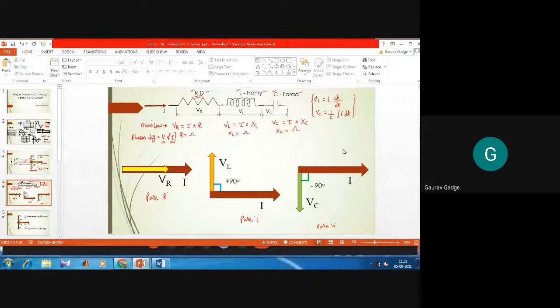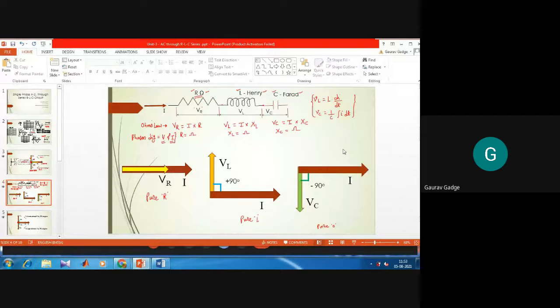So voltage and current again have different elements like VR, resistive voltage, VL, inductive voltage, VC, capacitive voltage. Likewise, the voltage elements get changed: supply voltage, VR, VL, VC. The voltage elements get added, but the phasor diagram is to be plotted only between the voltages, whether supply voltage, resistive voltage, inductive voltage, or capacitive voltage, and the respective current.